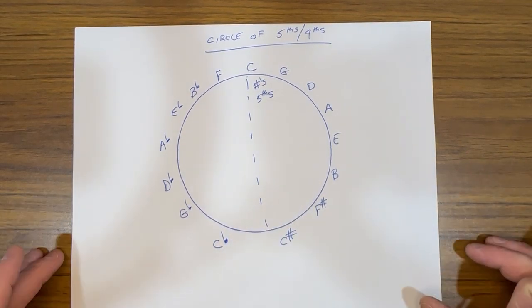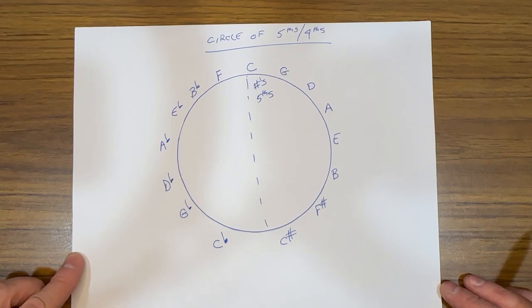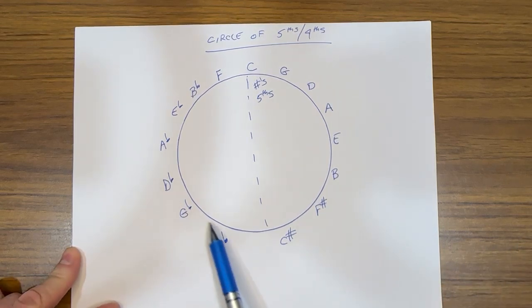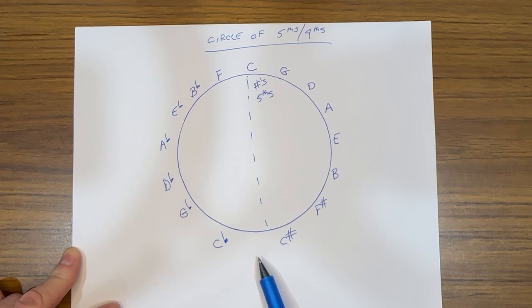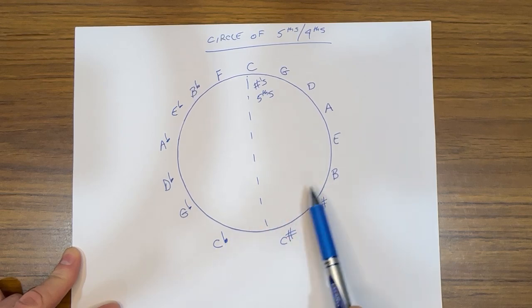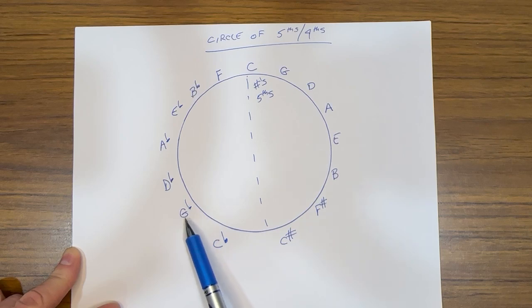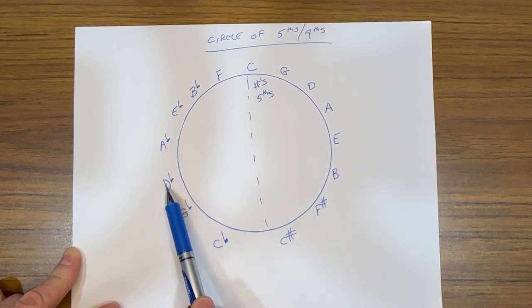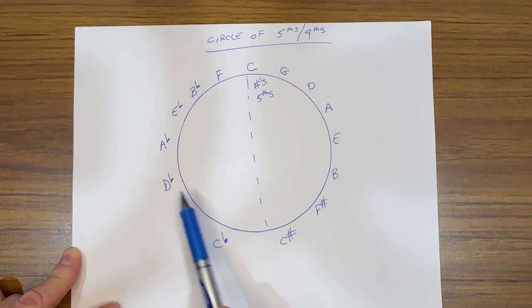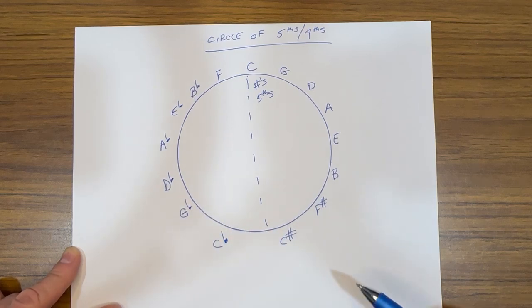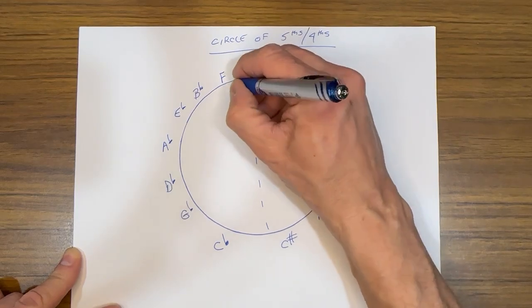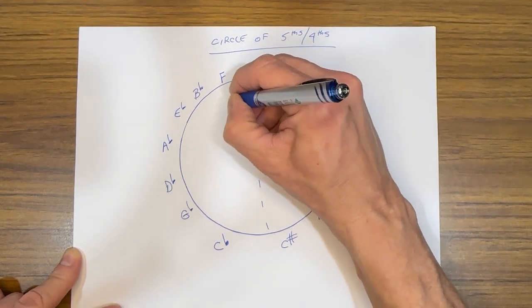Now, we talked before that there are only 12 keys in music, and that's the case. So when you're looking down here at these bottom ones, for example, this C flat is the same note as the B. This G flat right here is the same note as the F sharp. And this D flat right here is the same note as the C sharp. The reason from a music theory perspective that it's helpful to look at it this way, and I'll put over here that the flats are in fourths,